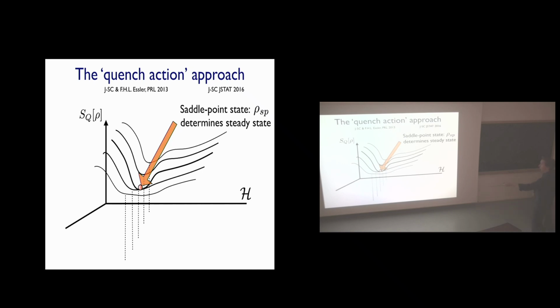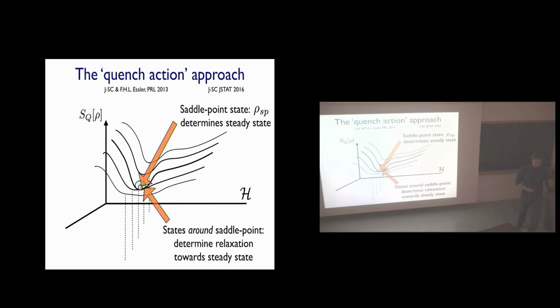And now this steady state here, if you were able to do the GGE exactly, would be the state pointed to by the GGE. However, if you think of the time evolution leading you to the steady state, what occurs is that at large times, the last time dependencies that disappear are the ones that correspond to interference between the steady state and states in the immediate vicinity of that steady state.